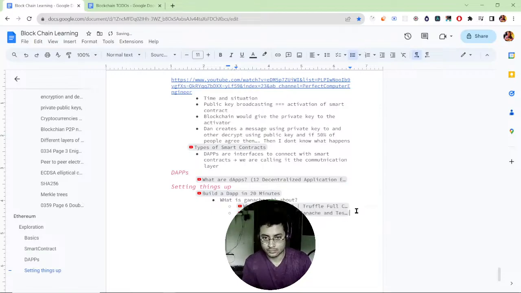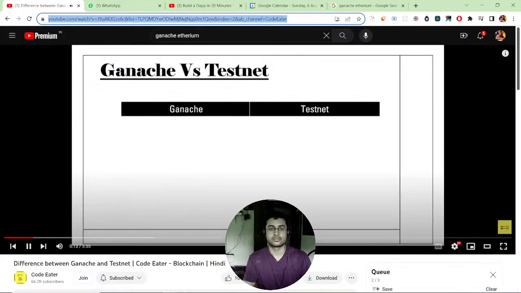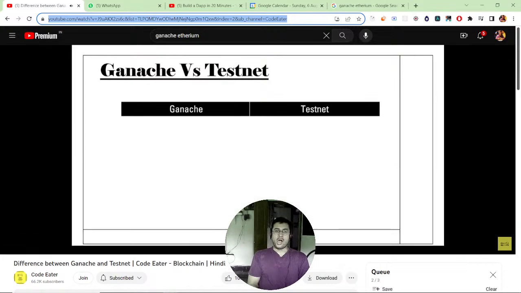फ्रीक्वेंटली आस्क्ड क्वेश्चन है कि भाई Ganache और टेस्टनेट में डिफरेंस क्या होता है। Ganache को भी हम लोग स्मार्ट कॉन्ट्रैक्ट टेस्टिंग के लिए यूज करते हैं और टेस्टनेट को भी हम लोग स्मार्ट कॉन्ट्रैक्ट टेस्टिंग के लिए ही यूज करते हैं। तो भाई इसमें डिफरेंस क्या है, मतलब जब दोनों ही स्मार्ट कॉन्ट्रैक्ट टेस्टिंग के लिए यूज हो रहे हैं तो क्यों हम लोग कभी Ganache का यूज करते हैं और क्यों हम लोग कभी टेस्टनेट का यूज करते हैं।